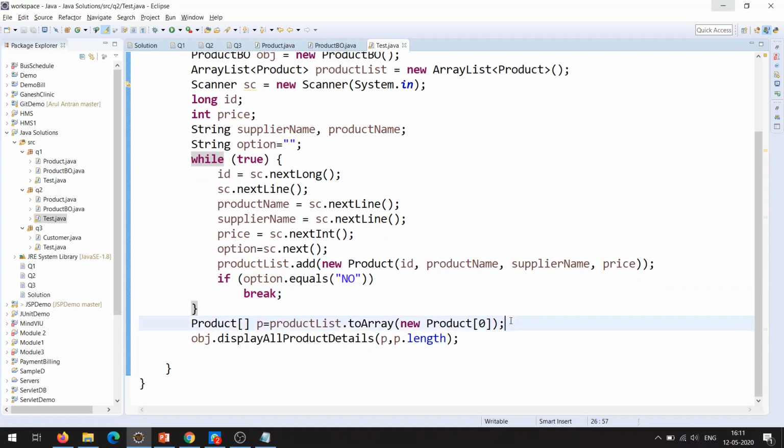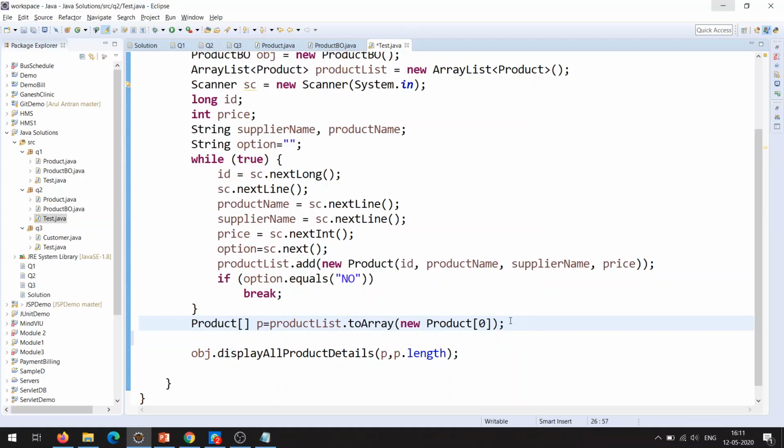And this is a statement for converting your array list into an actual array, because the argument is of array type. So you should convert your array list of product objects into an array of product objects. For converting the array list into an array, I have used the method toArray, and the argument should be an empty array.